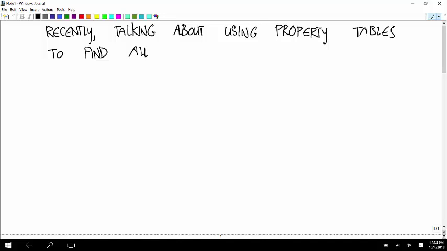So let's say talking about using property tables to find all properties